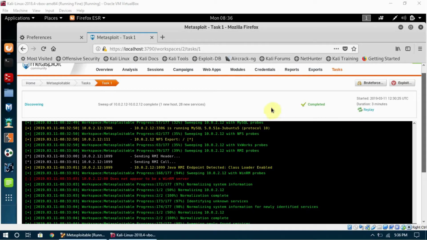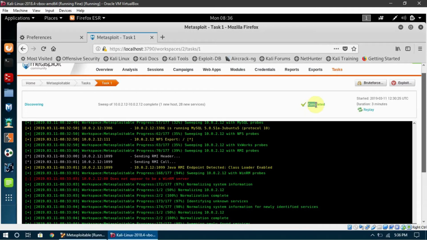So our scan is completed now, and we can see that it is saying that it is completed and it saved the target. It found one new host, which was the IP address which we actually specified, and it is also saying that it found 28 new services. So we are going to look